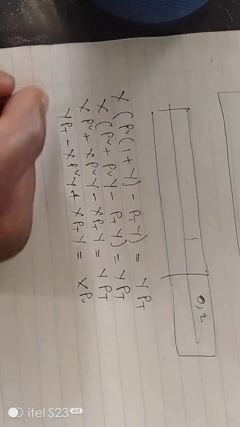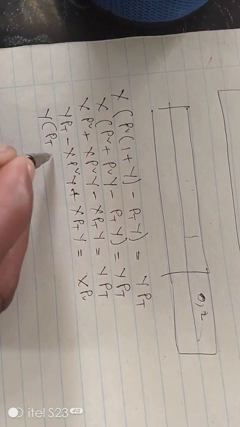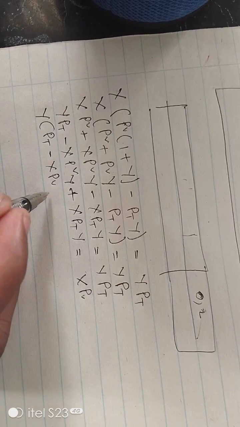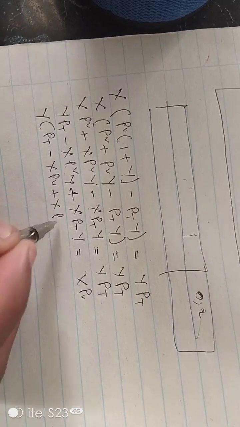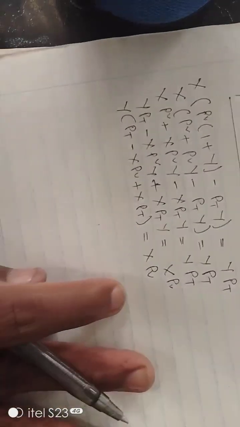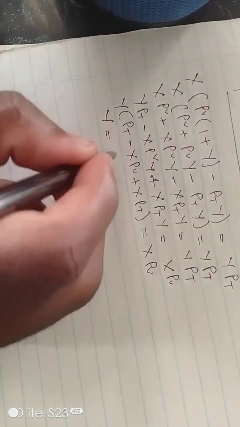Factor out y, you have Pt - x Pv + x Pt. So now y becomes x Pv